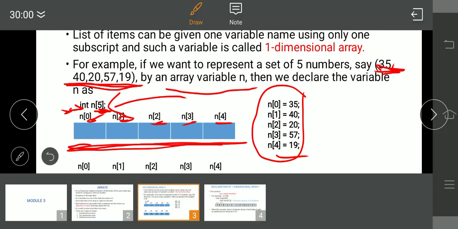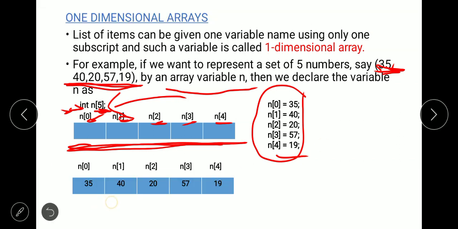So these values will be stored in the memory like this. In the first location 35 is stored, in the second location 40, in the third location 20, fourth 57, fifth 19.